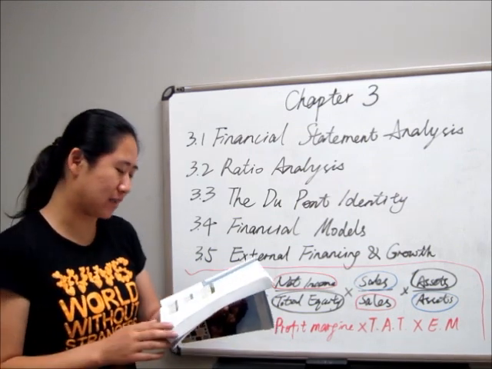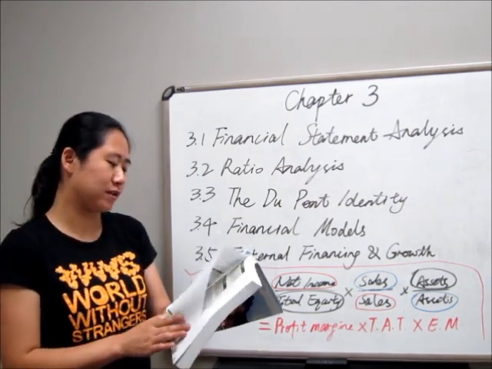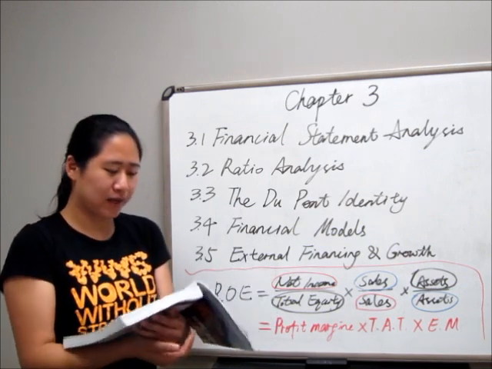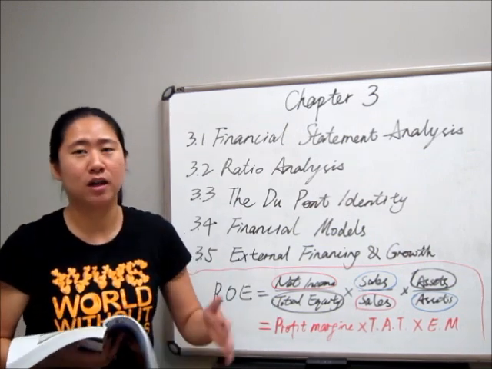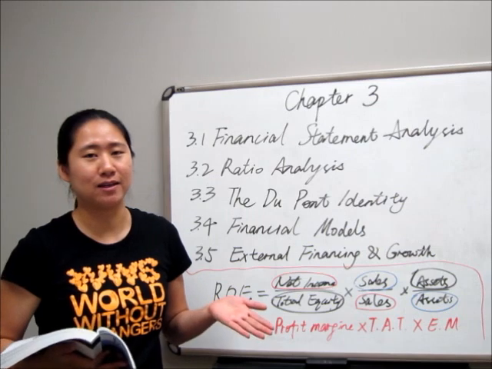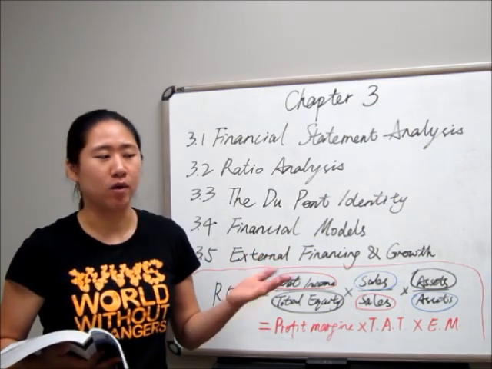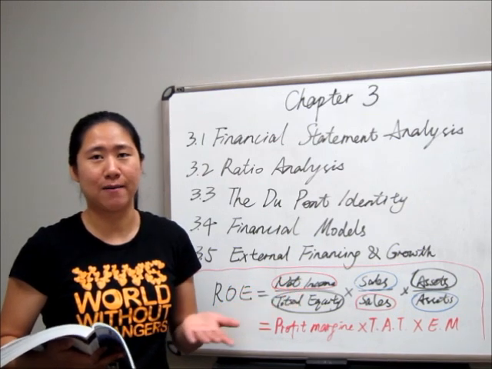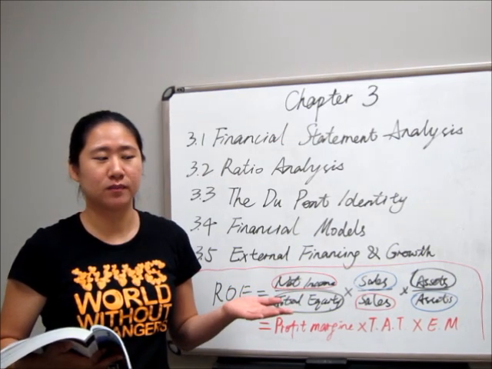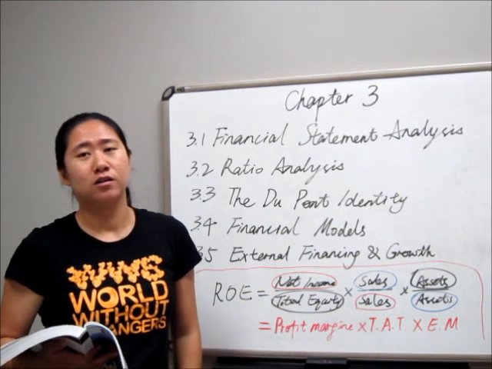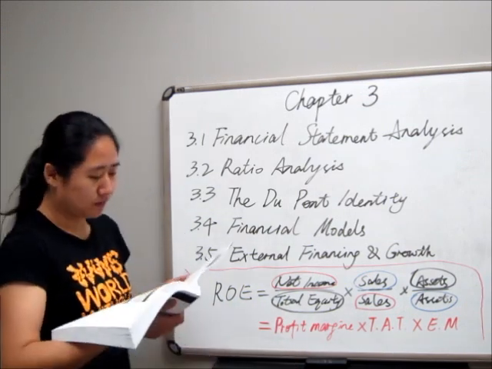So it is very simple, but it's not that accurate because the items on the income statement and on the balance sheet are not all actually related to sales. For example, long-term debts, for example, stockholders' equity. So the next approach,